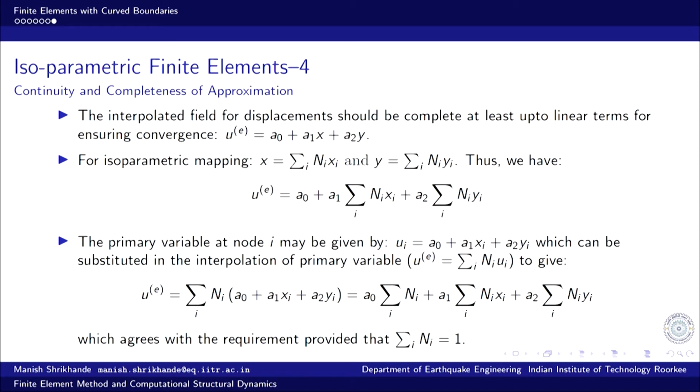And fortunately, we have been insisting on this condition, because the summation of interpolation functions being equal to unity is of course the requirement of admitting the constant term in the approximation. So, if the constant term representation is satisfied in the parent element, then the completeness of the approximation would be satisfied in the distorted elements as well.